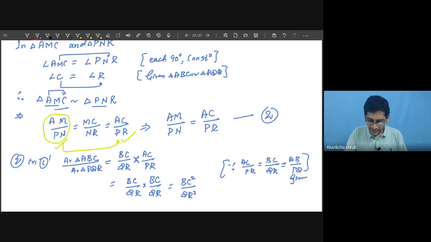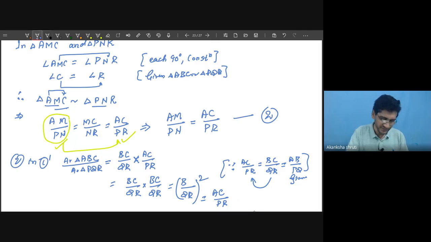It's so simple. But this BC by QR is also equal to AC by PR, so this can be written as AC by PR, their square. The square can be brought in the same bracket, so I can write it in this way also, their square. Now this AC by PR is also equal to AB by